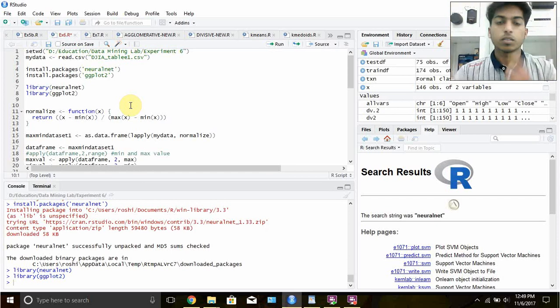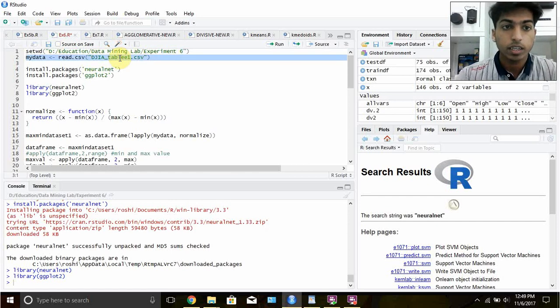Experiment 6 at Another Lab. So what we are going to do in this experiment is a multiple process run. First I have a data set called DJIA table ECA.csv, and we want to read it into a variable